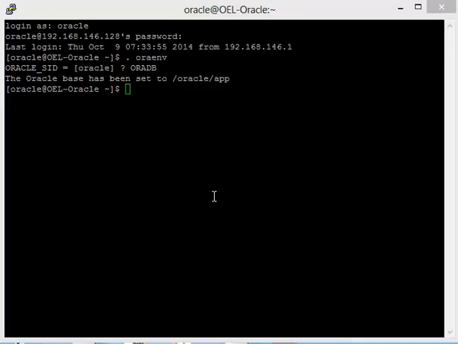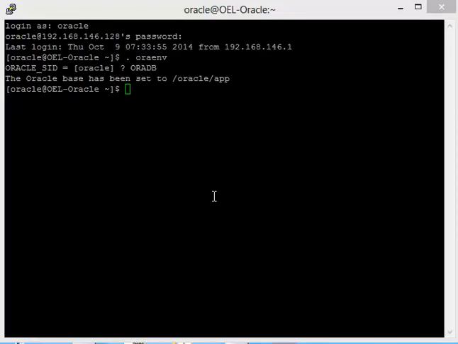So consider an application team person has come to you and said, I have done some mischievous things on a table at so and so time, and please bring back my data as it was before that specific time. This would be one of the requests that a DBA can get in real time. So when you get this request, how to handle it is what this demonstration covers.